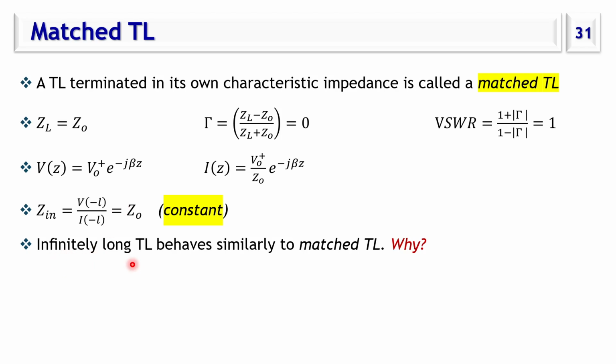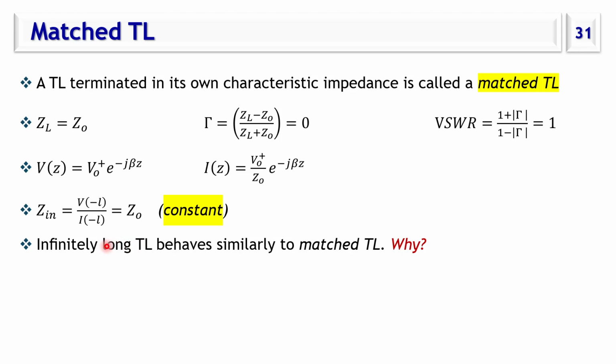So here I would say an infinitely long transmission line behaves similarly to a matched transmission line. Why is that? I would like you to think about it, and I'm going to give you the answer. I will give you the answer directly, but it is good that you pause and try to find the answer yourself. An infinitely long transmission line looks like and behaves like a matched transmission line